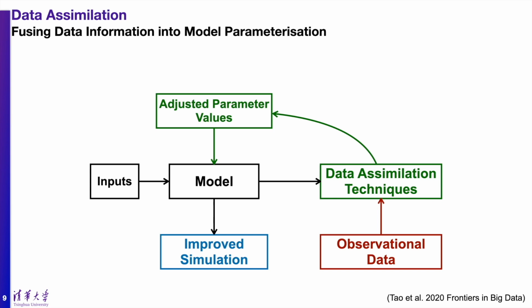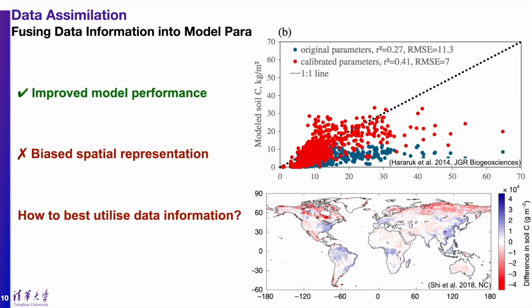The data assimilation technique can help us automatically adjust parameter values by comparing the difference of model simulation from observations. Eventually, data assimilation optimizes parameter values to where the model simulation best fits observations. We already have plenty of examples showing that data assimilation does help models perform better in soil carbon